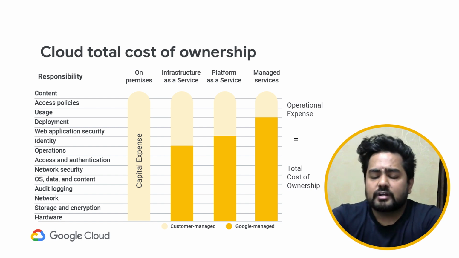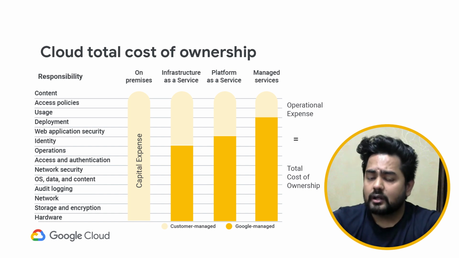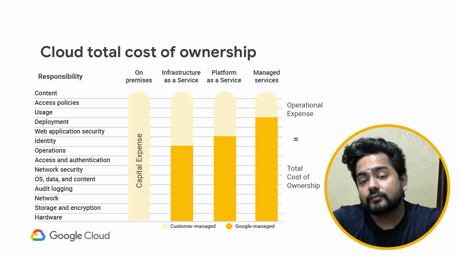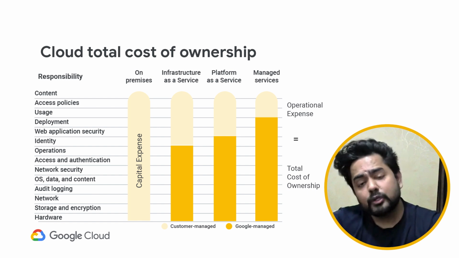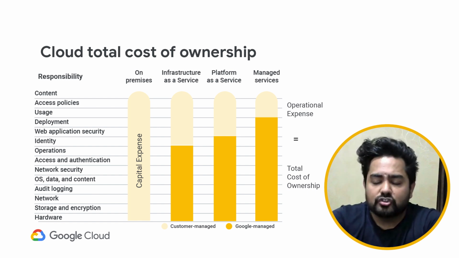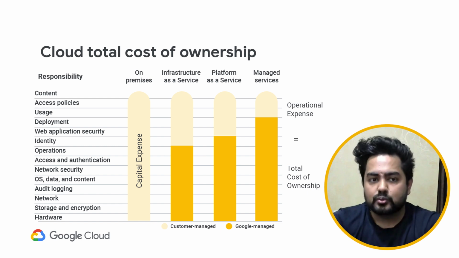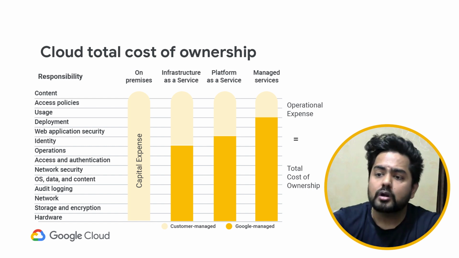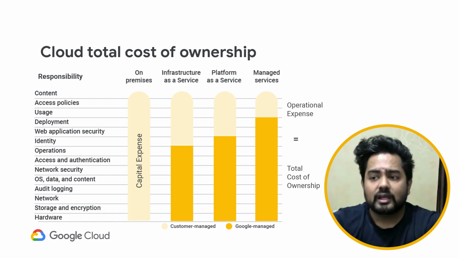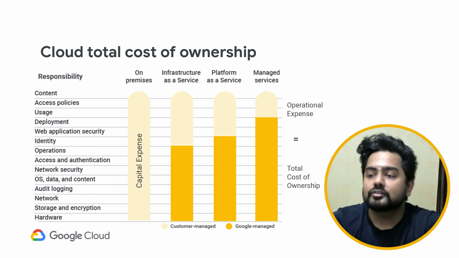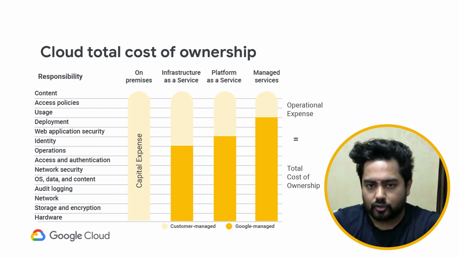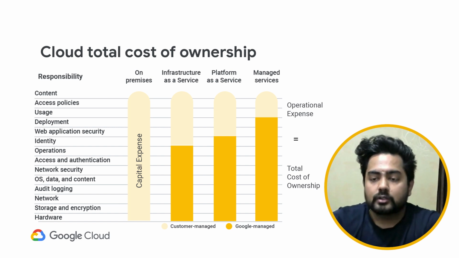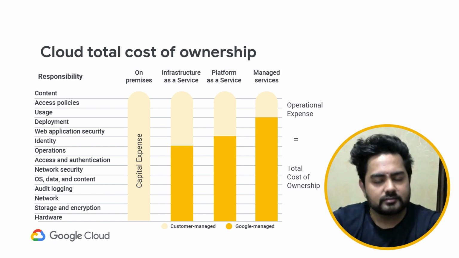Think about it: if you have a data center of your own, it's very hard to give it a top-notch security standard because it's going to incur a lot of additional cost. When you go to a cloud computing platform as a GCP user, that's something you get. You get infrastructure as a service where you are only required to manage your content, your deployments, and identity. You still have to choose a server, it's just that you're not going to manage it anymore. It's like running a virtual server where you define your compute requirement, trigger the server, and boom,